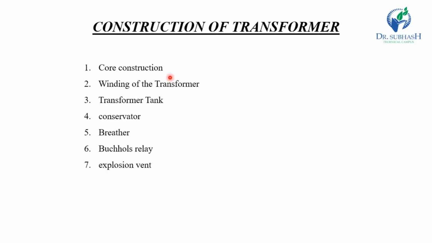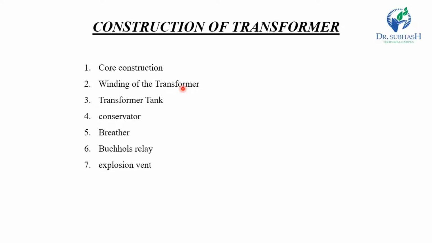Now electrical circuit. The electrical circuit of a transformer consists of primary and secondary winding made of copper. Conductors of rectangular cross section are generally used for low voltage winding and also for high voltage winding in large transformers. Conductors of circular cross section are used for high voltage winding in small transformers. Now, according to the core construction and the manner in which primary and secondary windings are placed, the transformer is named as core type or shell type transformer.